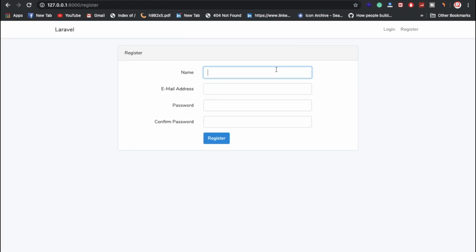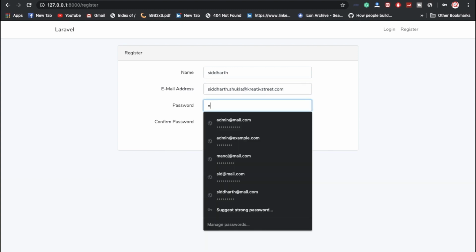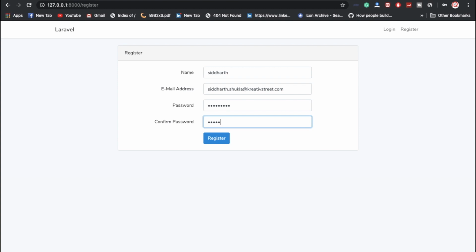Okay, click on register. I'm going to put my name, Siddharth, SIDDHARTH.SHUKLA@creativestreet.com. Password is admin1818. Admin1818. I'm going to click on register.